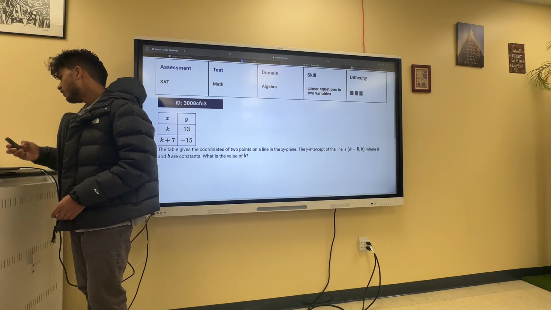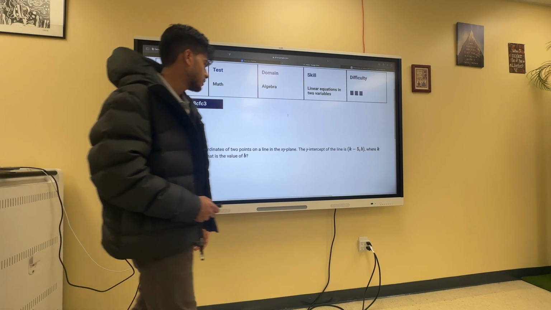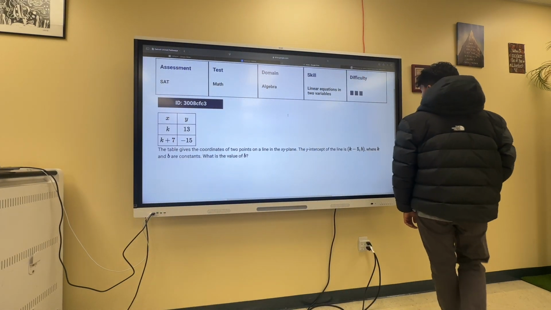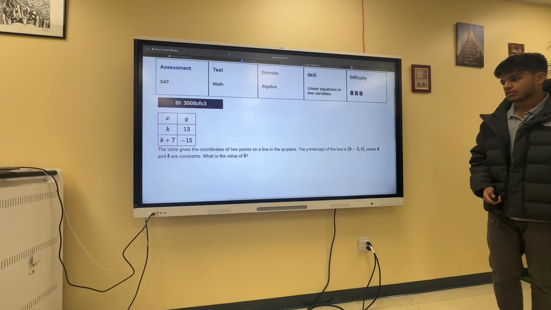The table gives the coordinates of 2 points on a line in the xy plane. The y-intercept of the line is k minus 5b, where k